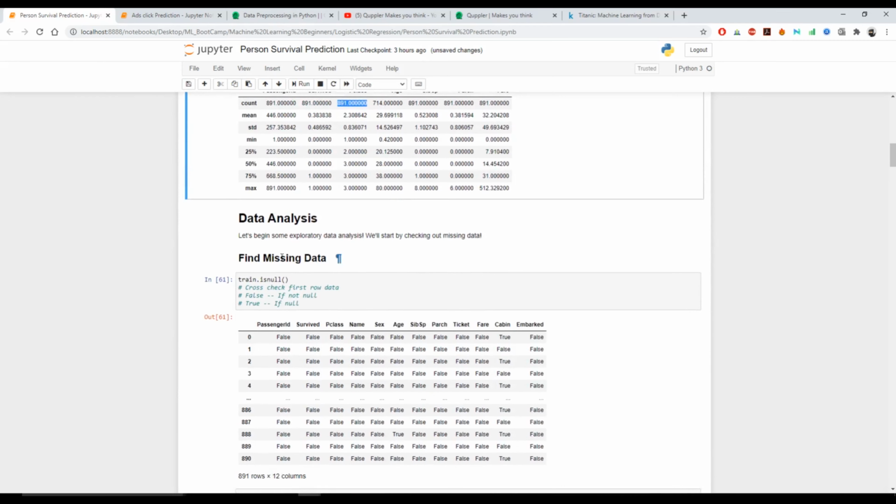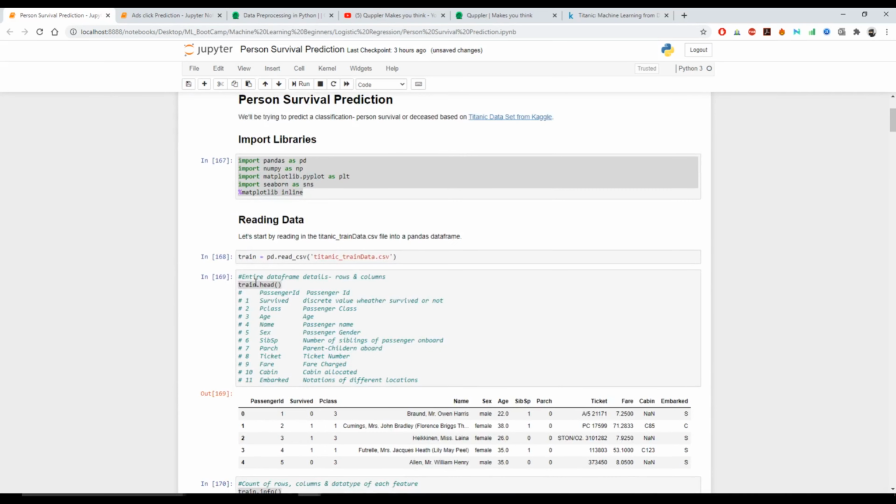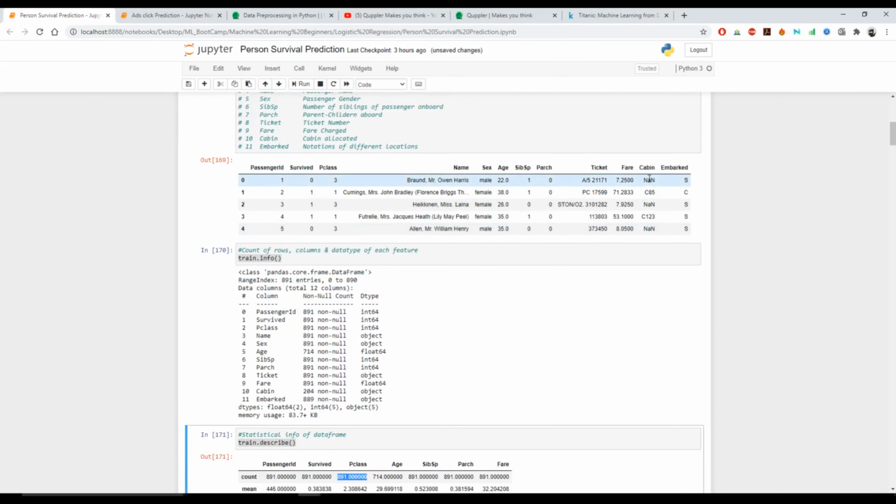Once that is done and you have loaded your data set, the next part would be doing exploratory data analysis on that data, where you will see whether any data is missing or not. If you remember, when we did data.head, in the cabin column we directly saw a few values marked as NaN. This NaN says it is missing data for that particular column.